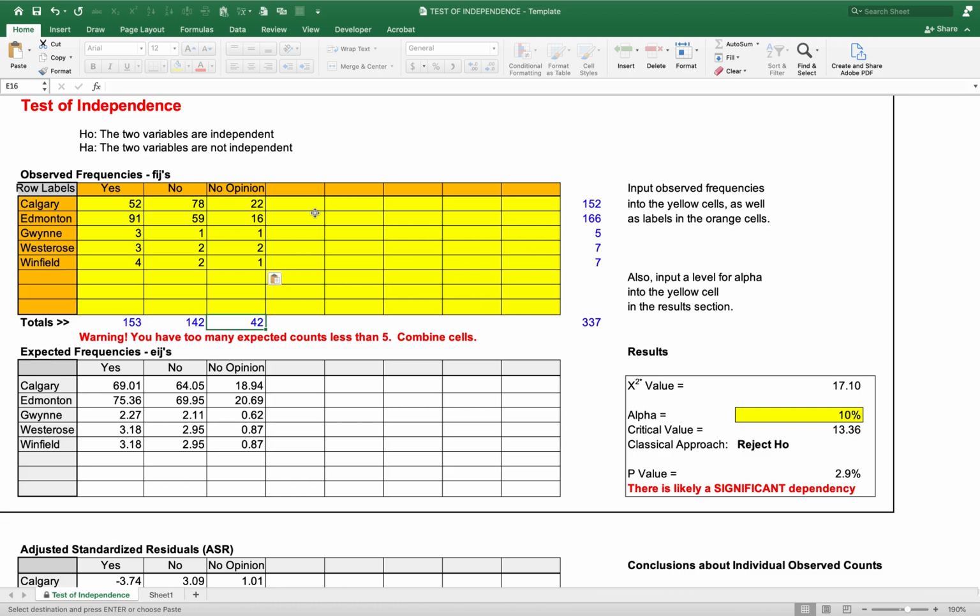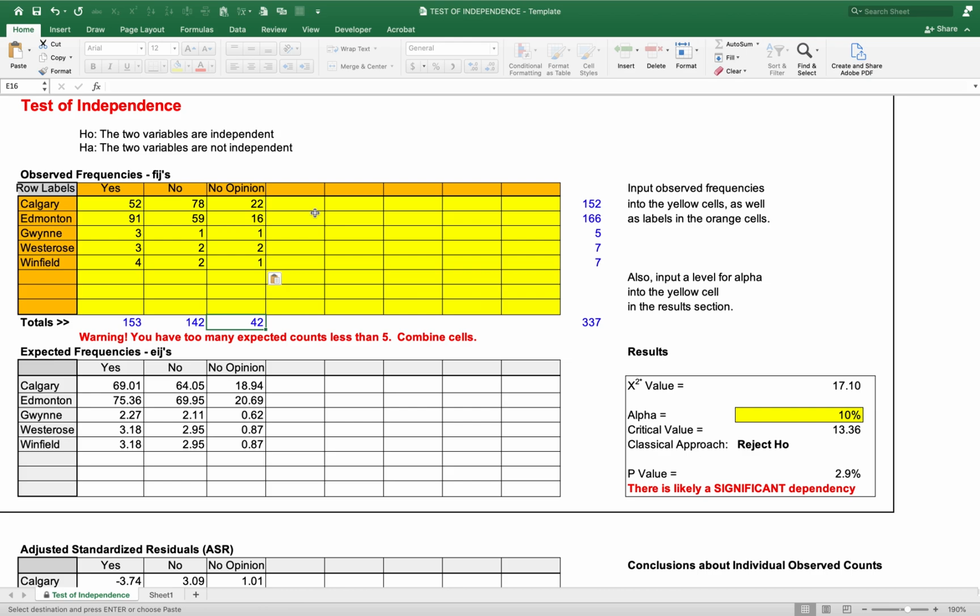It's just that in a test of independence, they won't be large enough numbers, likely, that we would be able to actually use them in the analysis. The Eijs will be too small if we're only talking about, say, a total sample size of 100 to 200. So what you do then in your write-up is you note those, that 5 people chose other and 4 people chose no opinion, but we couldn't use them in the test because of the